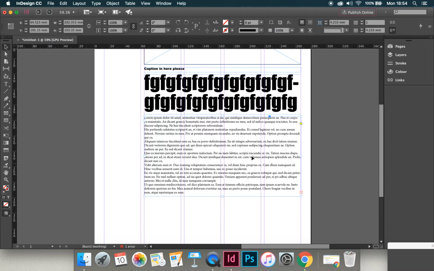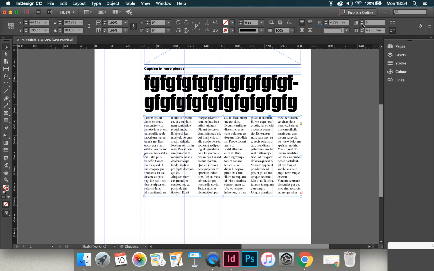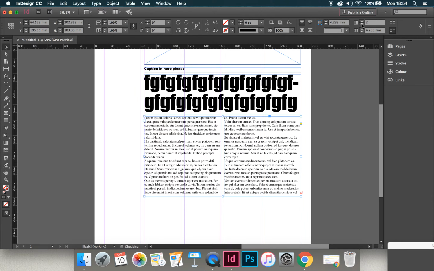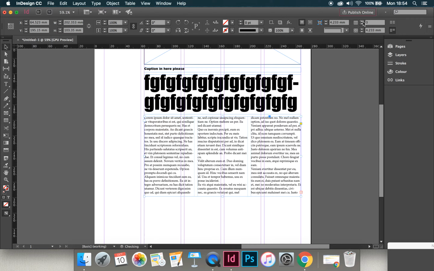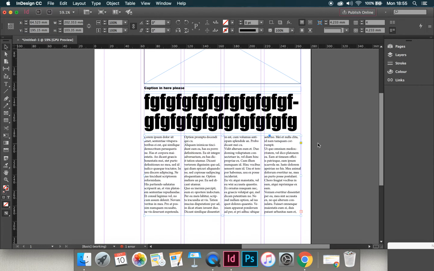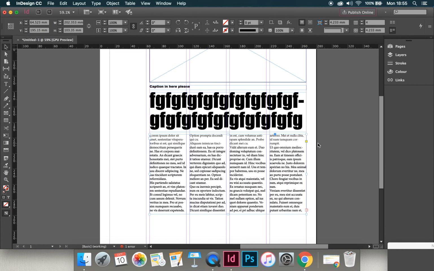Whilst on this top tool, when the text box is clicked, if I go up to the top right hand corner of the page, I can see a number of columns option. At the minute it's set to 1. I'm going to change that. If I click the arrow, not to 7, I'm not. I can have it at 4 columns or 3 columns. 2 columns is too wide. 3 columns is okay, and 4 columns is okay. So I can have it at either 3 or 4 columns really. Both look okay for a newspaper. So if I have this as 4 columns,